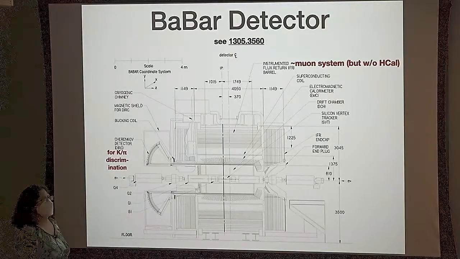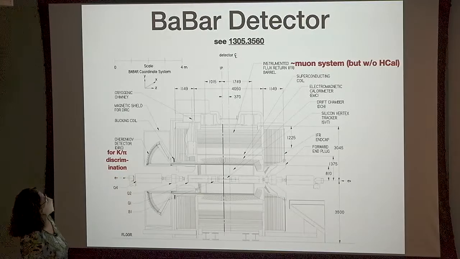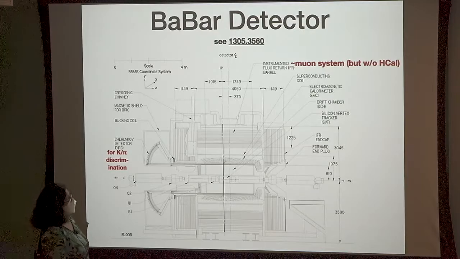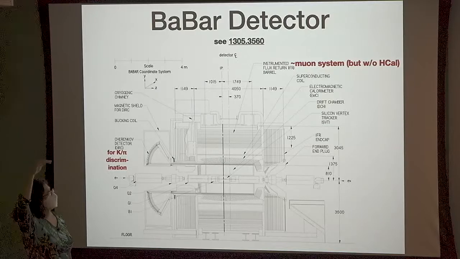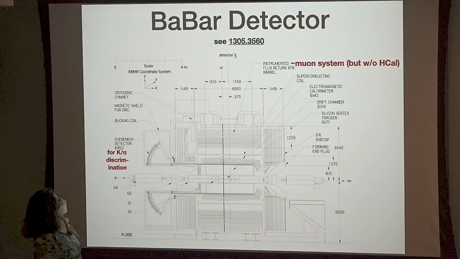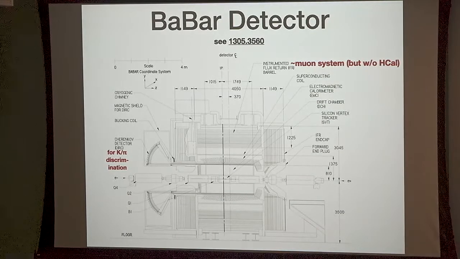And then they don't have a hadron calorimeter. They're IDing individual charged hadrons. They have what they call the instrumented flux return, which is like a muon system at Atlas, so lots of layers of steel to get particles to interact, and then instrumentation as you go in the same region where the magnetic field is. And that lets you ID neutral hadrons, but not measure their energy. So pretty similar, a little bit different. And also 3.5 meters long, to be contrasted with the sort of cathedral scale of the LHC detectors. Okay, so